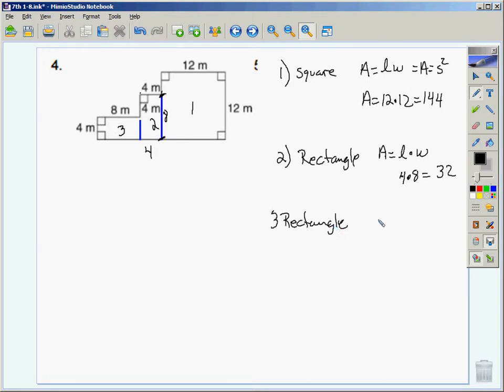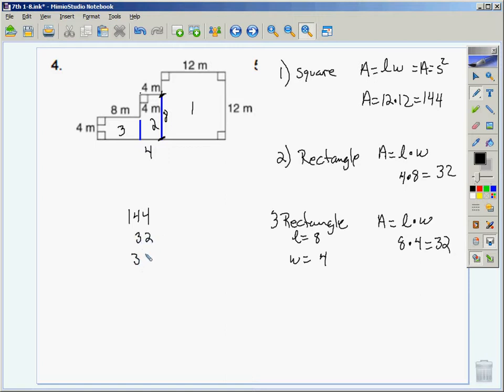My next rectangle, same formula. What are my length and my width? They're 4 and 8. Which is still what? 32. I found all 3 pieces. What do I do with my 3 pieces? I add them together. 144,